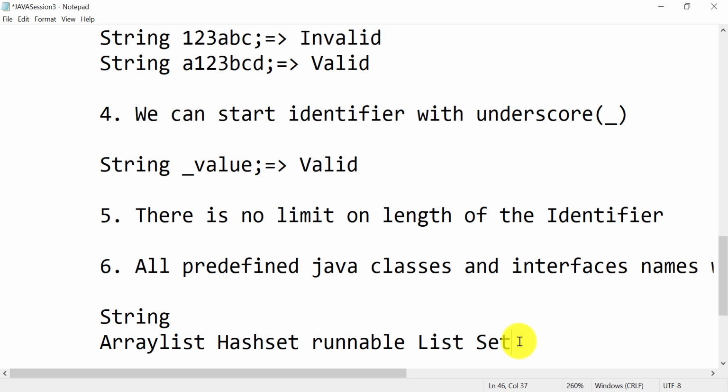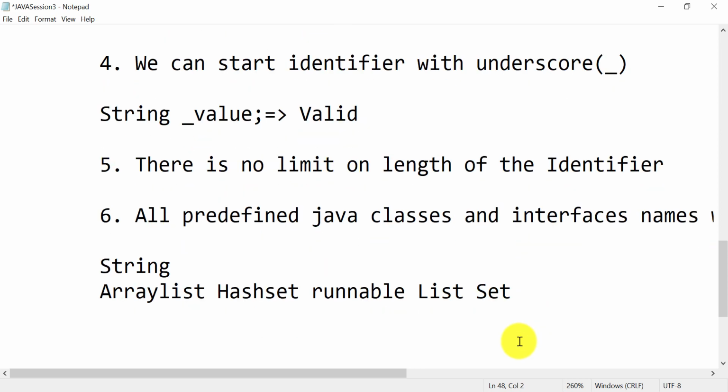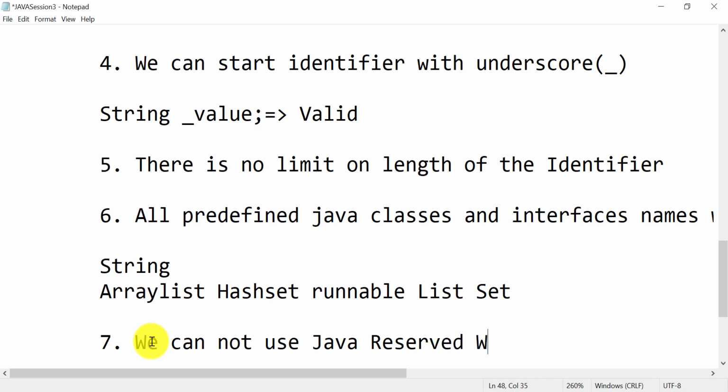Okay, and let's look at our last rule, rule number 7. We cannot use Java reserved words as identifier.